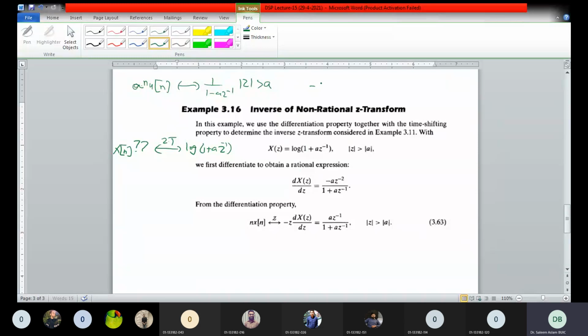And secondly, we know minus a to the power n u of minus n minus 1. Its z transform would be the same, 1 over 1 minus a z inverse, |z| less than a. But we don't know the direct inverse z transform of this expression. So let's try to solve this with the help of